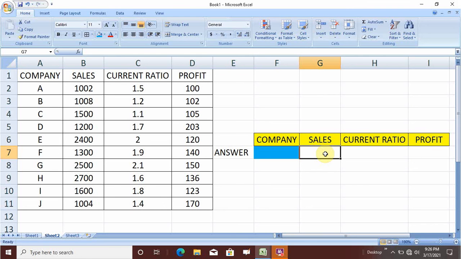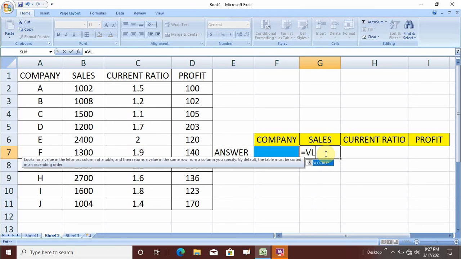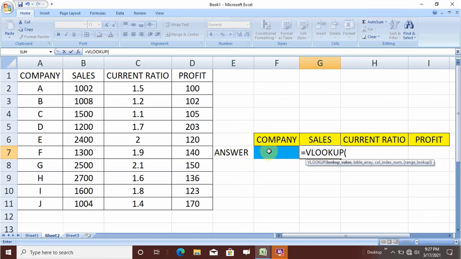Let us see. You press the equal to button. An Excel function should always start with the equal to. Now let us use the VLOOKUP. You type it, start the bracket, select this variable field with the left click of the mouse, start the comma, select the entire set of table with the help of the left click of the mouse, then you put the comma again.